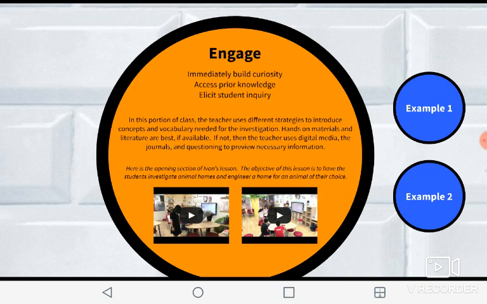You see, because when you get the lesson plans from us and you open it up to the engaged section of the lesson plan, what you're going to see are suggestions. 2, 3, 4 different ideas of how you could engage your kids. For example,